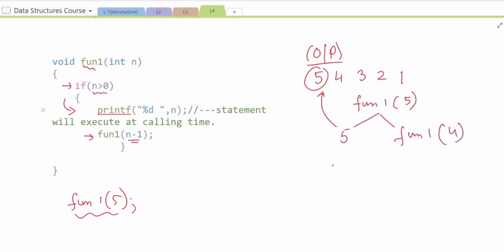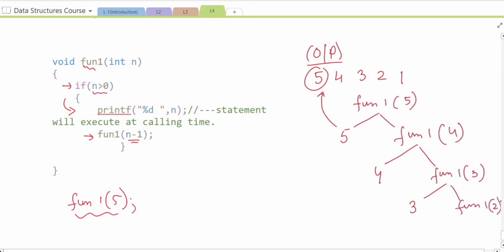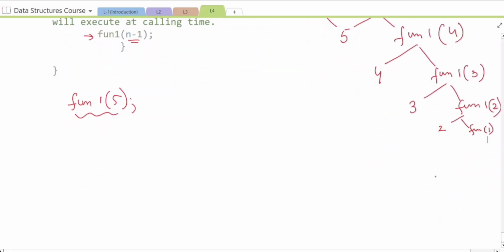Next, fun1 is called again, yes, 4 is greater than 0, then the value 4 is printed, and then fun1 is again called with value 3. If 3 is greater than 0, yes, the value 3 is printed. Then fun1 is again called with value 2. If 2 is greater than 0, yes, then 2 is printed. Then fun1 is called with value 1. If 1 is greater than 0, yes, then the value 1 is printed, and then fun1 is called